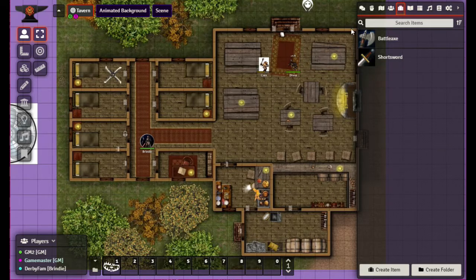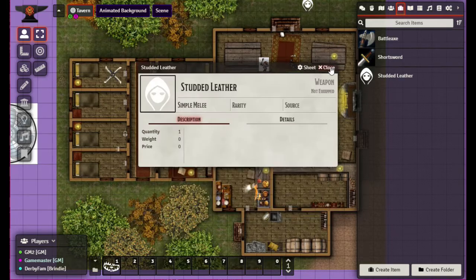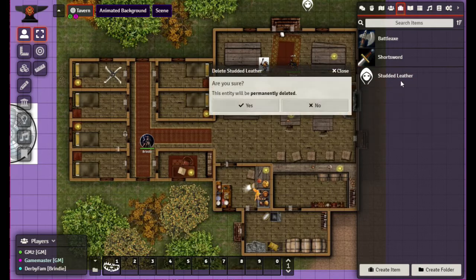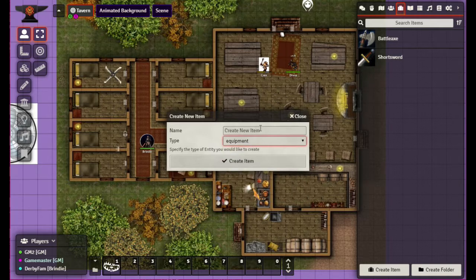And my guess is it's the tokenizer, because I do have the VTT assets mod still in here. Because I was actually, just before I started recording, doing some testing on some stuff. But I want to try this. So let's go ahead and say studded leather. Oh, whoops, I didn't want to do that. That's a weapon. Dang it. I was thinking as I was typing that, remember to click the down arrow. Let's do that first. Equipment,